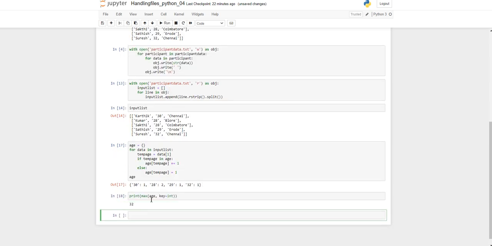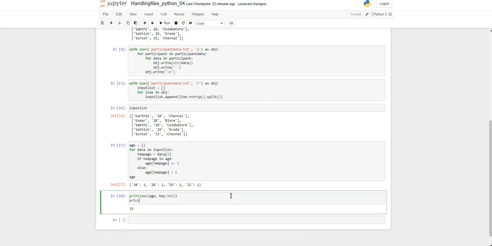So 32 is the maximum, the highest age from our participant data. Then, if I need to find which age has occurred the most number of times, for that print max of age comma dictionary dot get.